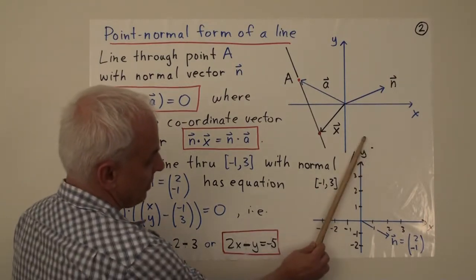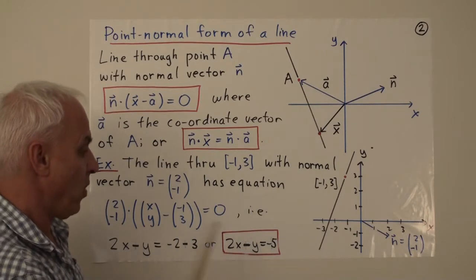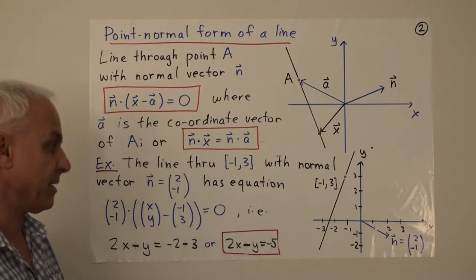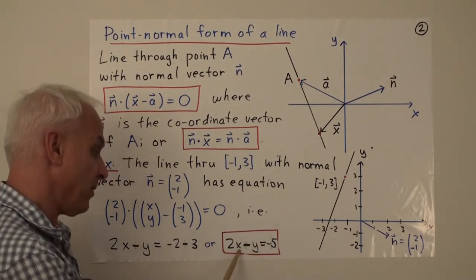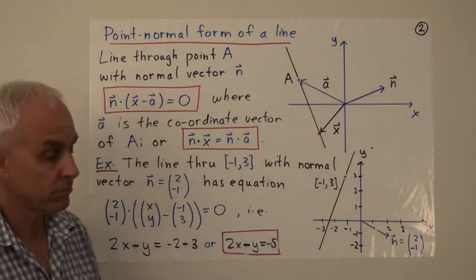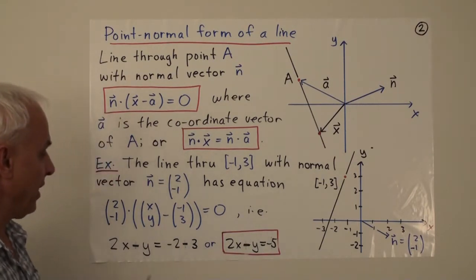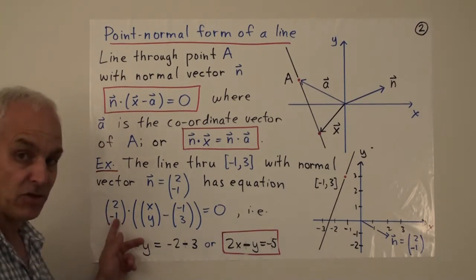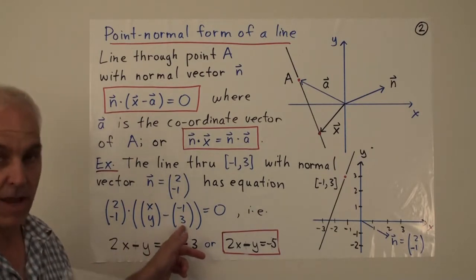That indeed looks like a reasonable equation, because if x is 0, then y is equal to 5, telling us that it's meeting the y-axis at the point 5. And if y equals 0, then x equals -5 over 2, which is -2.5 down there. So this is the usual Cartesian equation of that line. Here is the point normal form for the line, involving a normal vector, a dot product, and an actual point or vector that's lying on the line.